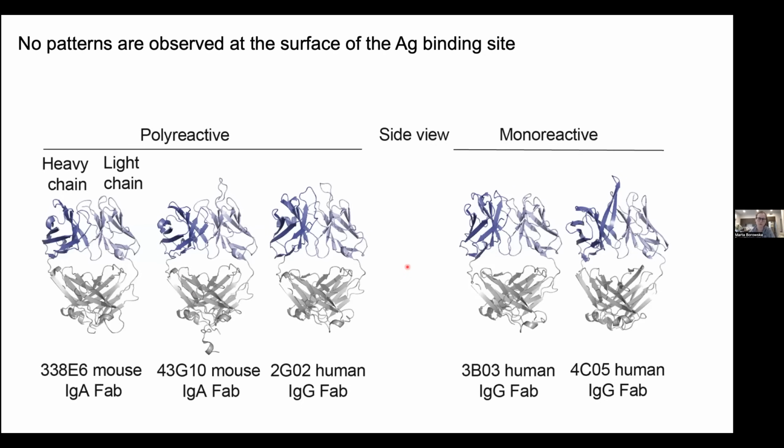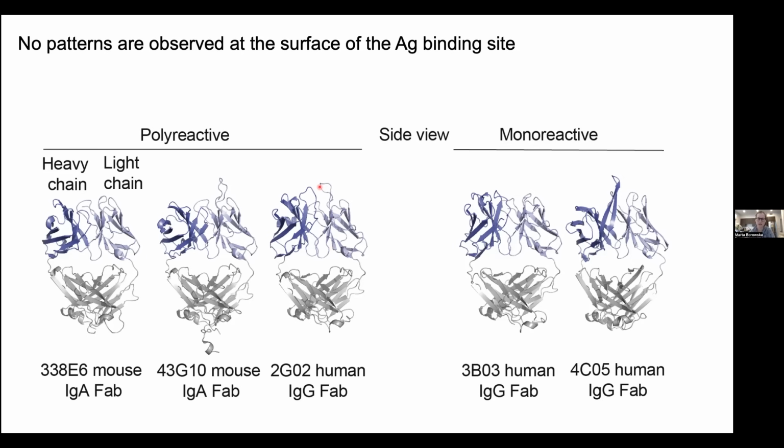We searched for clues in the structures of the polyreactive antibodies, which I mentioned before. Some of these are the polyreactive mouse IgAs, but we've also included human anti-flu broadly neutralizing antibodies that we obtained from our collaborators, Patrick Wilson lab at UChicago. I solved a total of 5 high-resolution structures by X-ray crystallography, 3 on the left of polyreactive Fabs and 2 of the monoreactive. Interestingly, the Fab structures range from having short